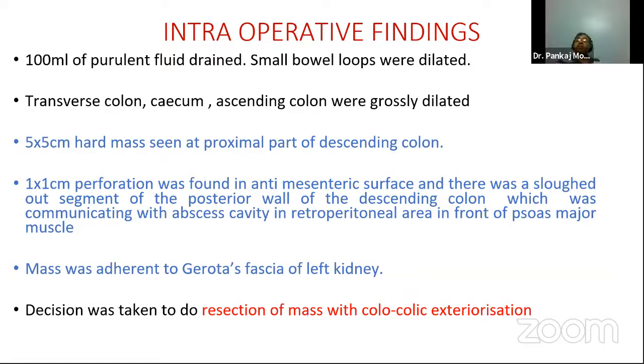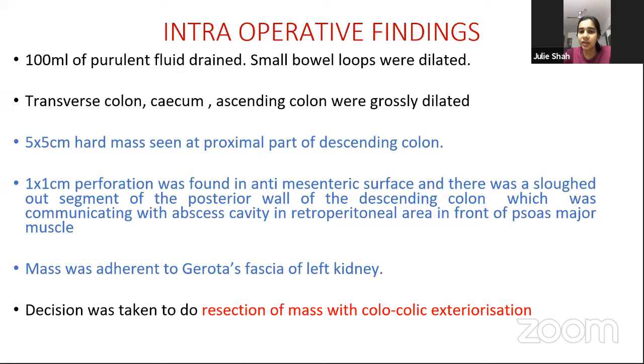We discussed Hartmann's last time in diverticular disease, in great detail. So was Hartmann's considered in this patient? No, we did not consider Hartmann's. Why? Because part of the sigmoid colon was there, an adequate amount of distal bowel was there, and we were able to exteriorize that loop. So what is the advantage of that over Hartmann's, and what is the advantage of Hartmann's?